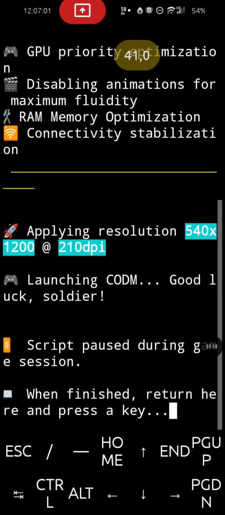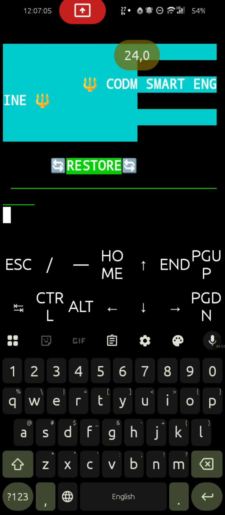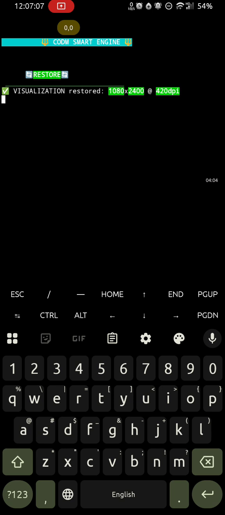Okay, so you finish your gaming session, you're gonna close the game. You come back here, just press any key, and it will start restoring all your settings, okay? So this is automatic, you don't need to do anything else. So that's a good scenario. In case we get into a bad scenario where you end up with a bad resolution and the settings all mixed up,